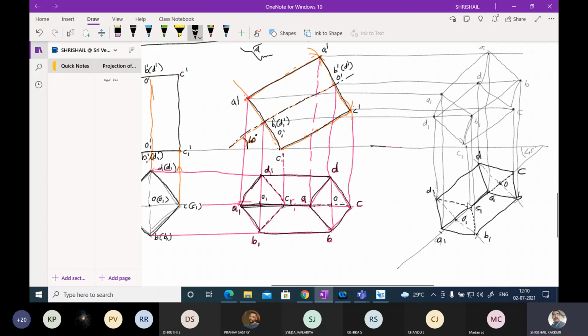Okay, we have joined. Now, please look at this. If you are standing here, if the observer is standing here, the observer is looking from this end. He is standing here, and which is nearer to the observer? Please look. If you go here, B is nearer to the observer. Very near to the observer is B.